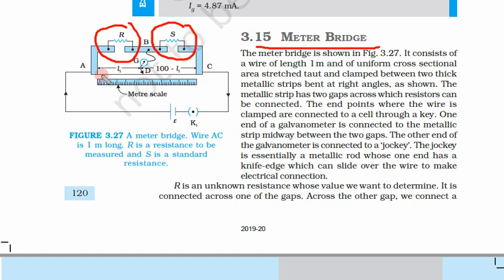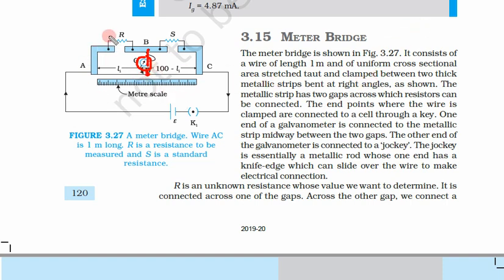Now let us see. These ends A and C are also connected by a wire. This wire is 1 meter long, that's why this is called a meter bridge. 1 meter means a 100 centimeter long wire that is uniform. Uniform wire means the same wire, 1 meter long between the ends A and C. Now in these gaps we placed the two resistances R and S, and there is a point B, and here we connect a galvanometer to this point B and another point D somewhere on this wire.